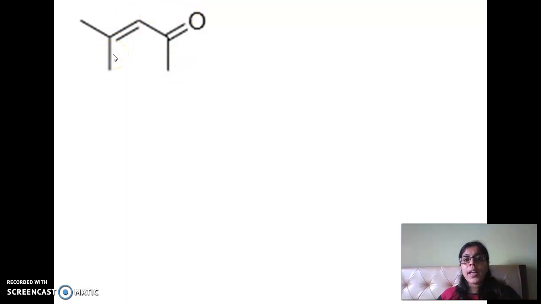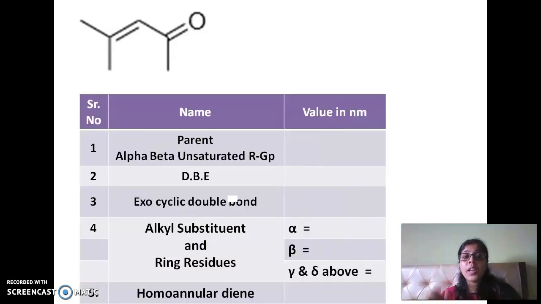So before I go to the problem, I have to enlist what all I have to see in the structure. If my list is correct, then I will not go wrong. I should not start anywhere, start with DB, then to exocyclic, then to parent, then to alpha. No, I have to go about in a particular sequence. So this is a sequence which I have written.